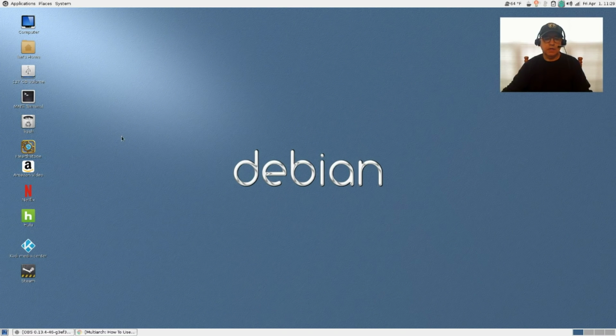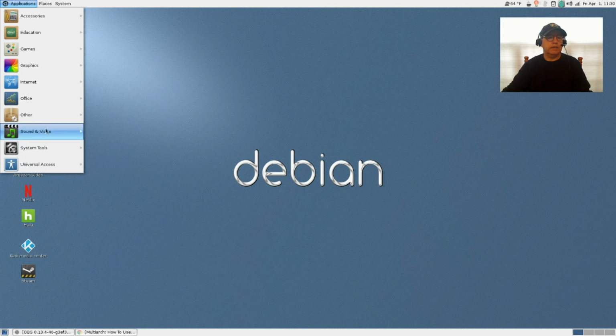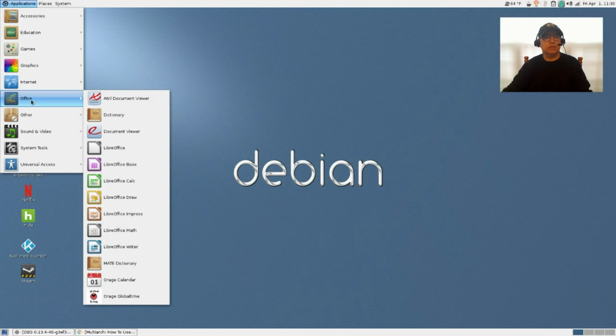And as you can see, I've got everything that I need. Now keep in mind the net install for Debian doesn't come with a whole lot. But I installed Banshee, GUVC View, Kazam, Kodi Media Center, OBS, OpenShot, SM Player. So I have basically added everything that I normally add through my Debian install.